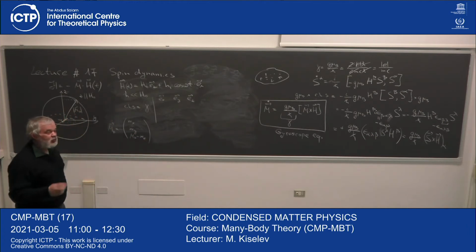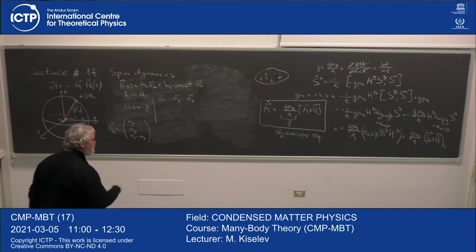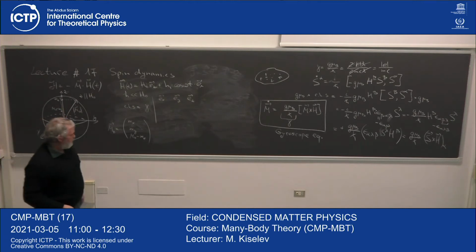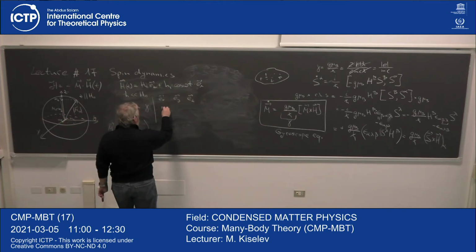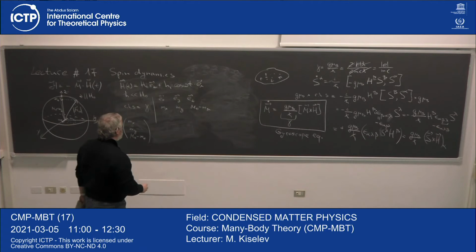I will denote with the small letters the small component, as with the capital letters the big component. So in this sense, mz in this notation is this small part. So this is M naught minus mz. Okay, so this is mx, my, M naught minus mz, and then I have a field